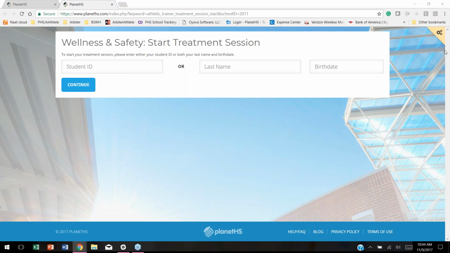They have an option to, as you can see, log in by their student ID. So if your school does a student ID number, they'll be able to have the option to log in by their student ID numbers from within the system. They will also be able to log in with their last name and their date of birth. The easiest way to do that is just to start typing in the date, but if you want to use the calendar feature, that is an option that you can use